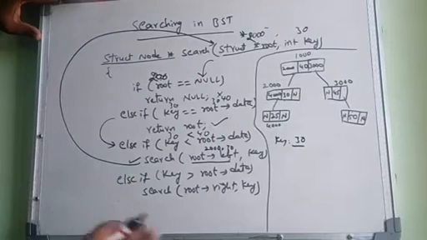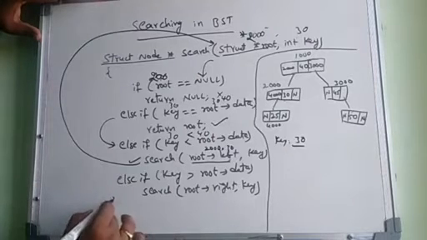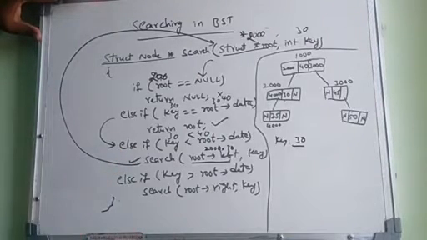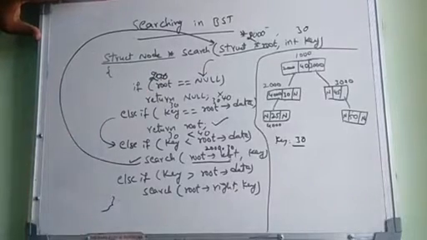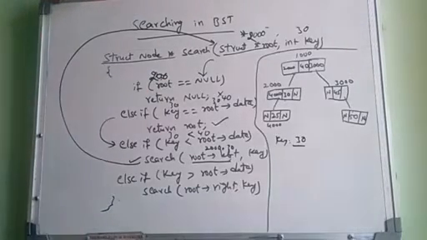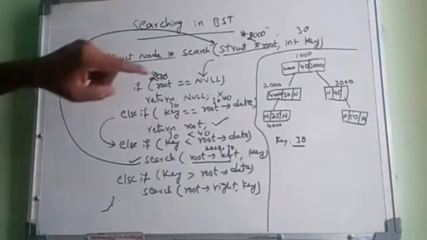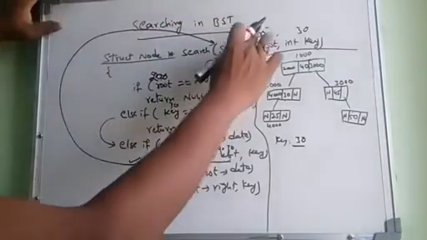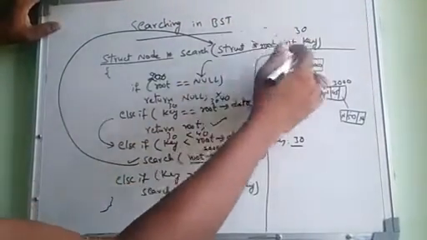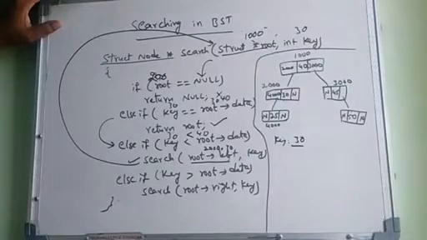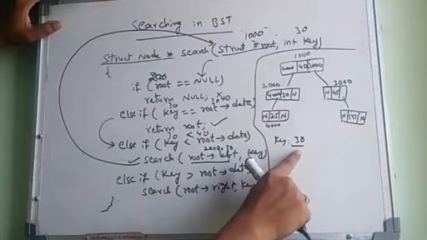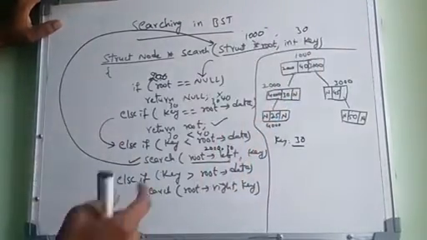I wrote just the pseudo code of the program, the specific code of the searching process. Once again, if you want to search any node in the binary search tree, we start from the root. Initially the root address is 1000. One more input: which element do you want to search? 30. That will be taken as the input.